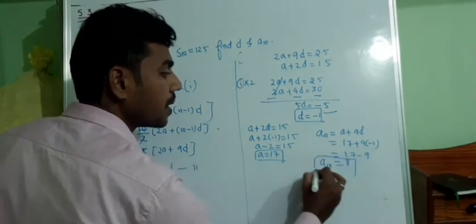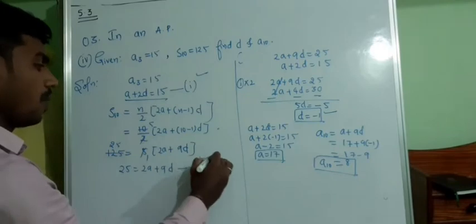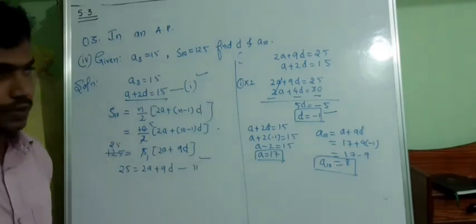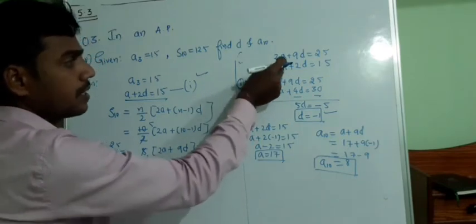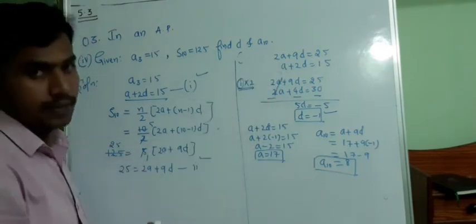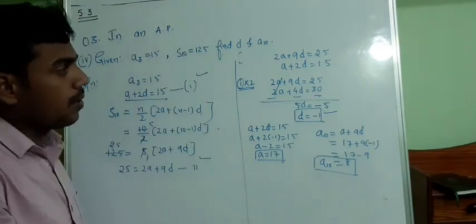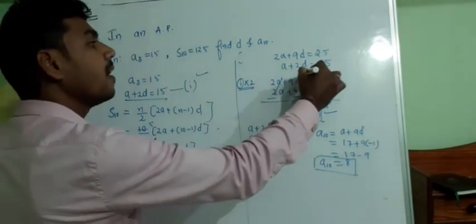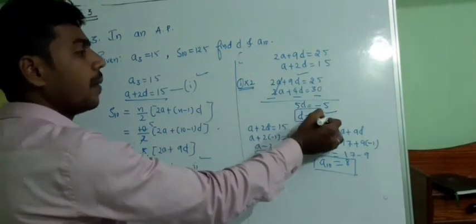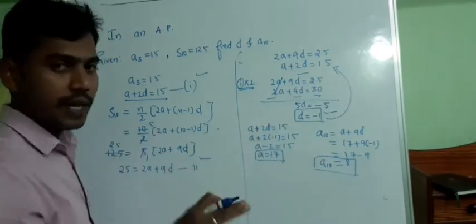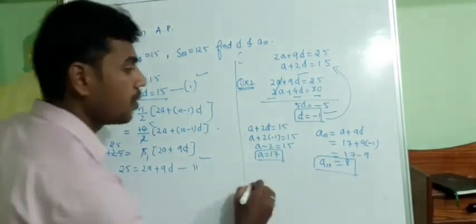That's it. So what we did, the basic thing was we should know how to solve linear equations. So why I multiplied 1 into 2? Because I need to adjust one of the terms so as to cancel it. So two unknowns are there. We need to cancel out one unknown so that we can find one variable. After finding this, we can place this in one of the equations, then we can find the other value. Understood? Please note this down.